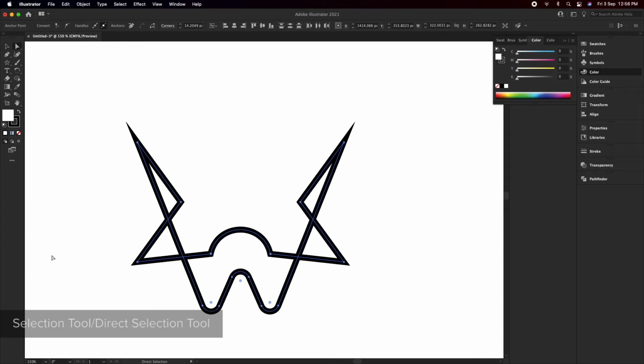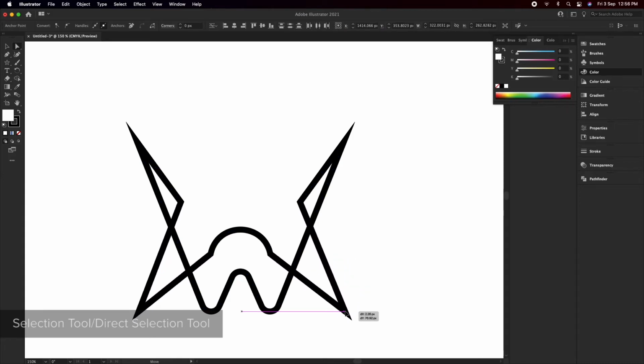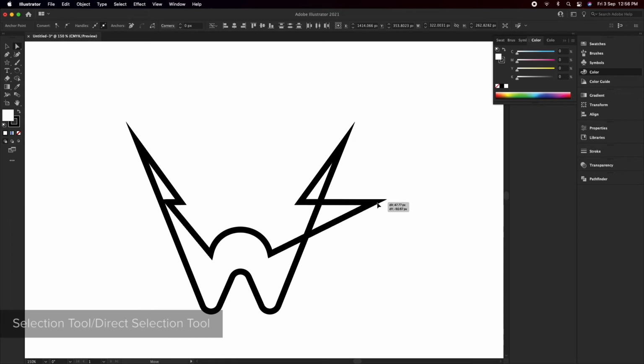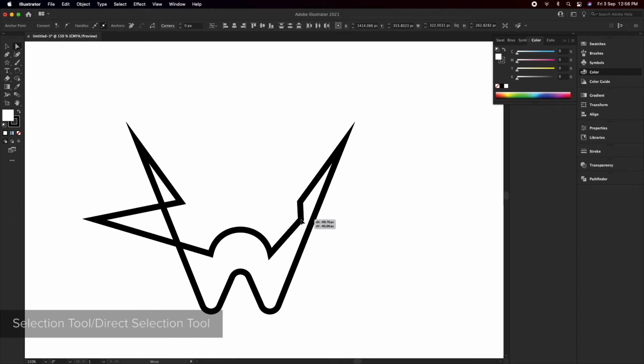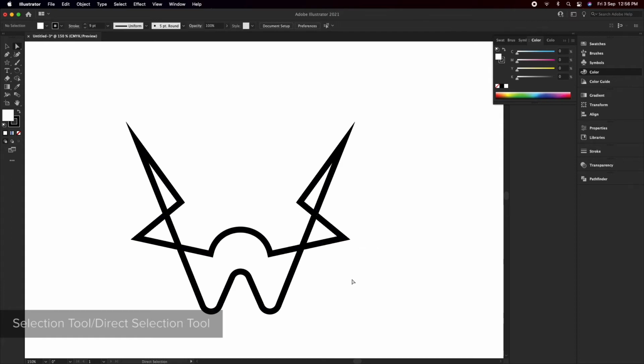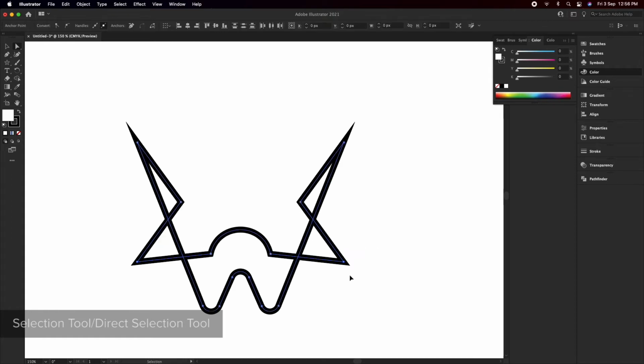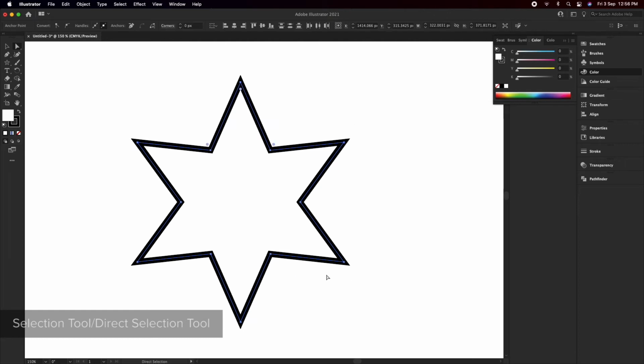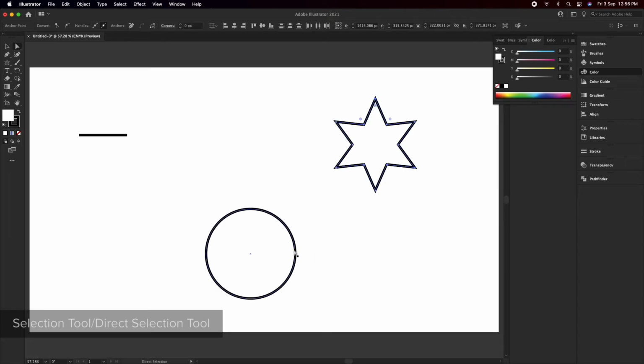You can move these anchor points in combination or you can select them individually to move the design any way you like. Now I'm trying to display how the entire star tool can be changed into altogether different shapes that you might like, but definitely go ahead, practice your designs and see what all you can bring out from a